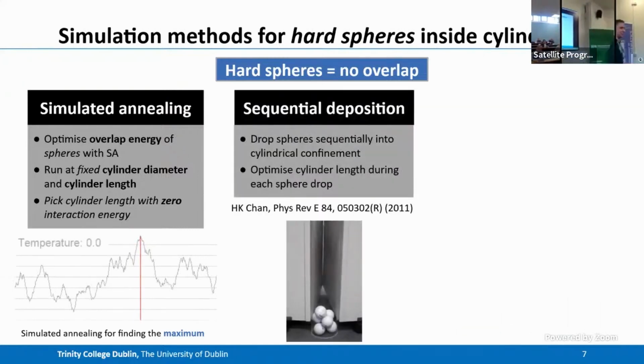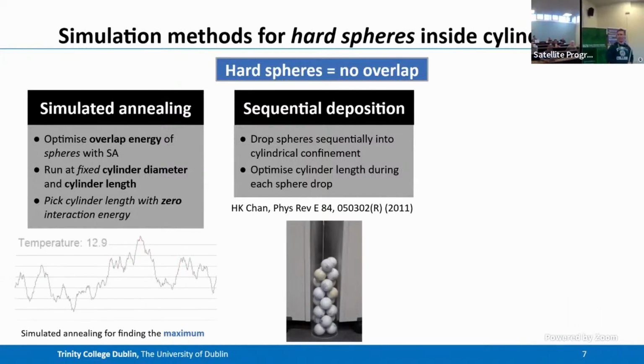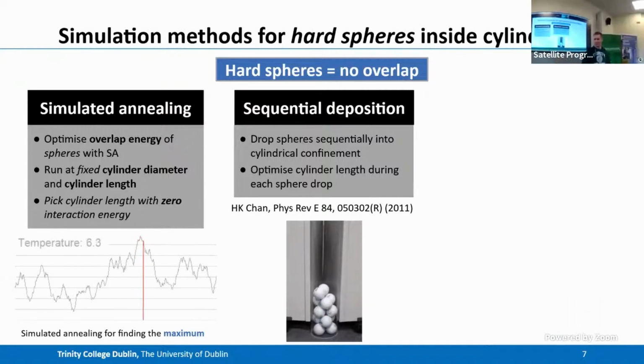Hoki already talked about sequential deposition, and that's essentially the golf ball experiment, just made into a simulation. You drop your golf balls, or your spheres, into a cylinder, and then you optimize the cylinder length during each drop, or after each drop, to find the optimal structure. And these were like the two methods